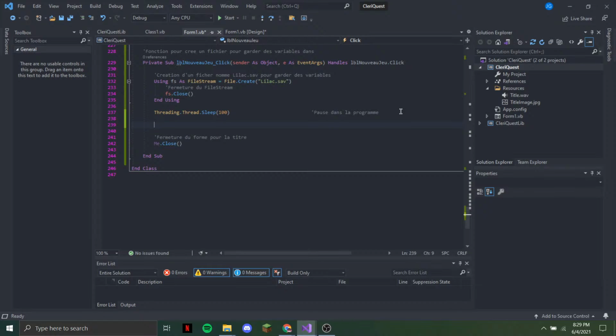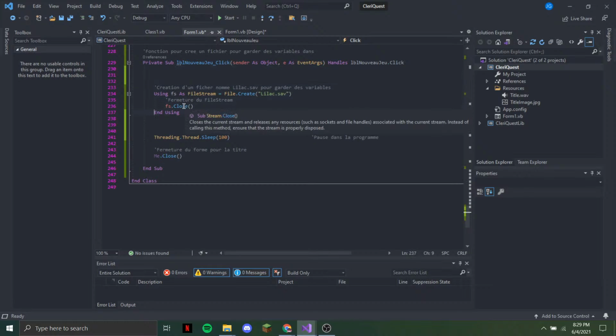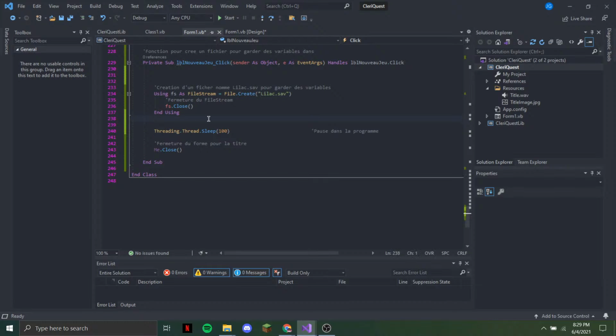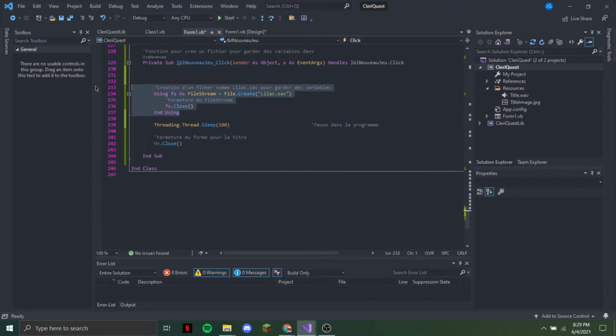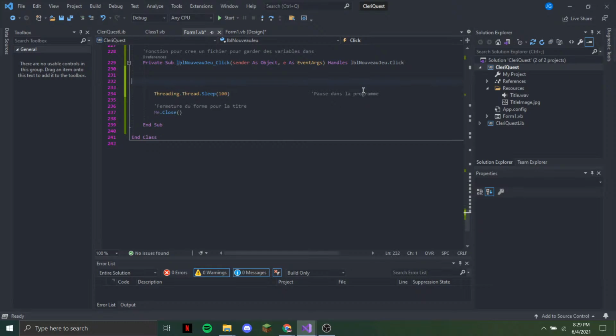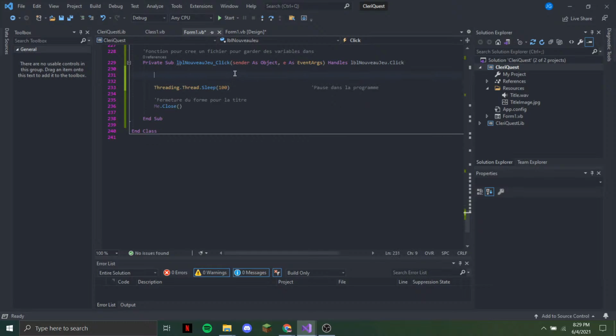Okay. So we're gonna have to move some things around. This will go down. This I will copy and then get rid of. And we are going to do